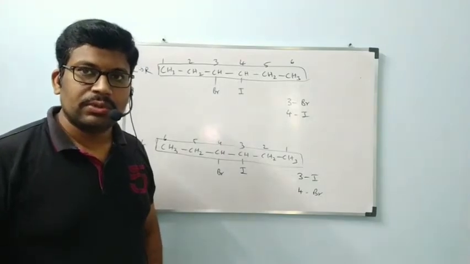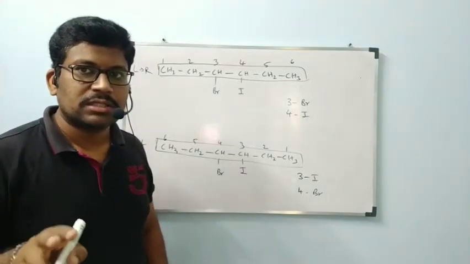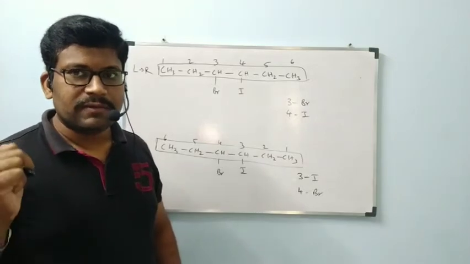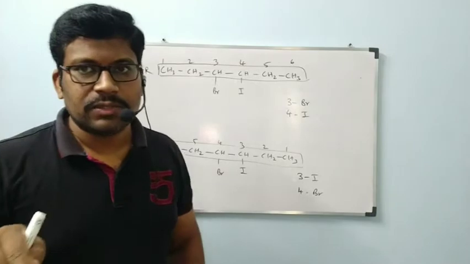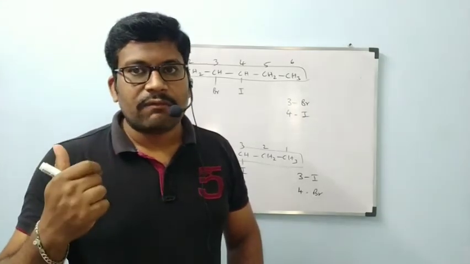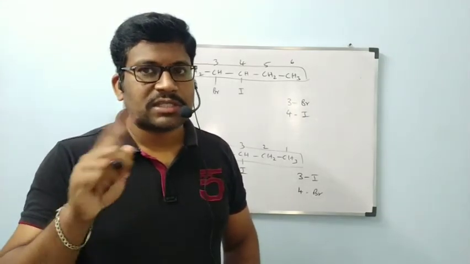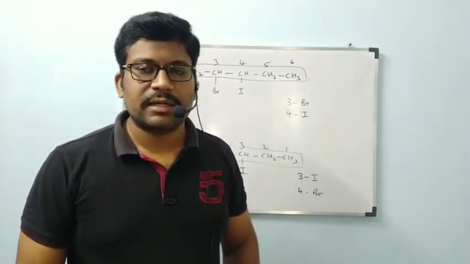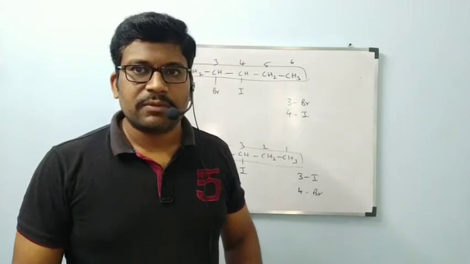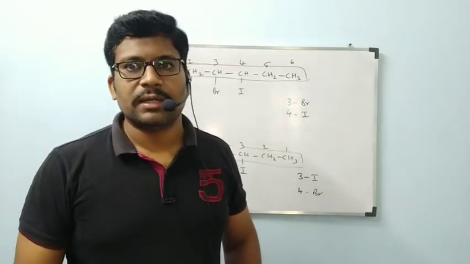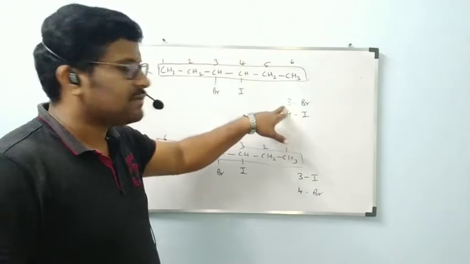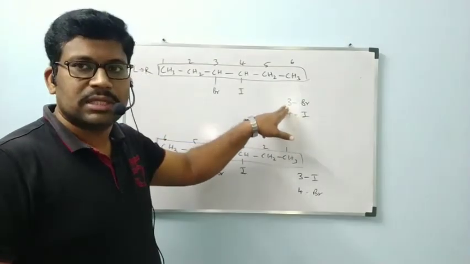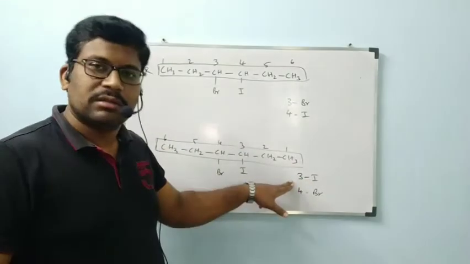When we get two substituents at the same positions, left to right and right to left. In the previous condition, we got bromine on the 2nd position from left to right and iodine on the 3rd position from right to left. So the first numbers varied, we selected the least number, and Br on the 2nd position decided the numbering. Here Br is getting 3. Observe the first number every time. Iodine is also getting 3.